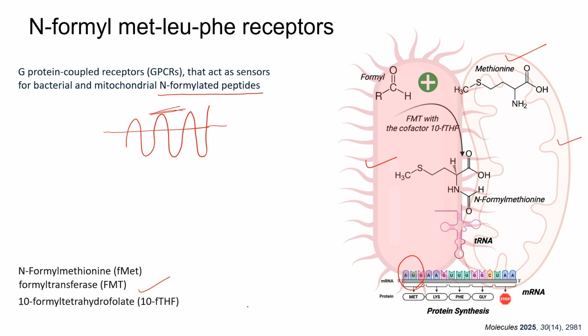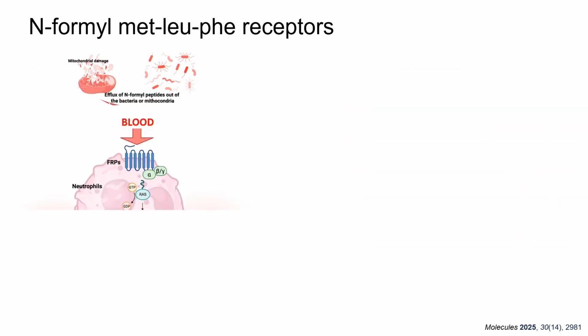So this is one such unique receptor that can identify N-formylated peptides. We'll just try to look into how this is happening, some specificity. So we have this N-formyl methionine leucine phenylalanine receptor. There is damage in the membrane of mitochondria, or the bacterial species can efflux a lot of N-formyl peptides into the system that goes with the blood circulation and goes to different parts of the body, and in the blood circulation they may encounter